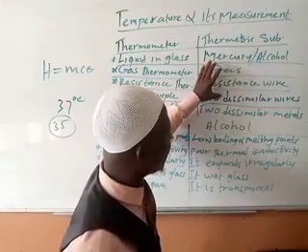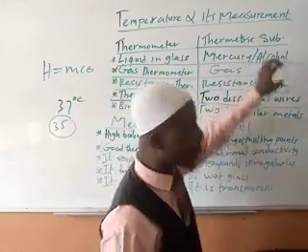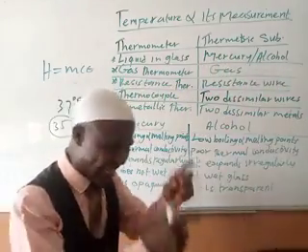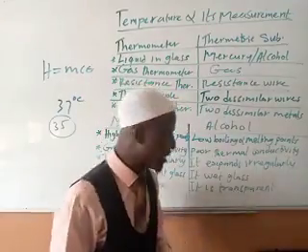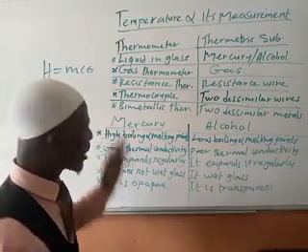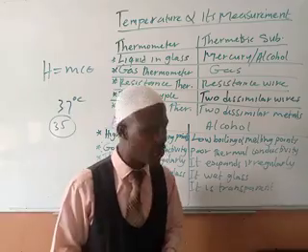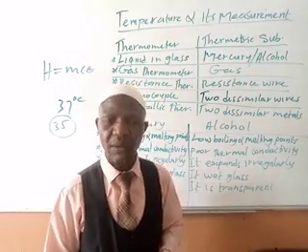What is inside the thermometer is called the thermometric substance. What will indicate the increase or decrease in temperature is what we call the thermometric substance. Now, if you look at it, you see that we did not mention water. We don't use water as a thermometric substance because